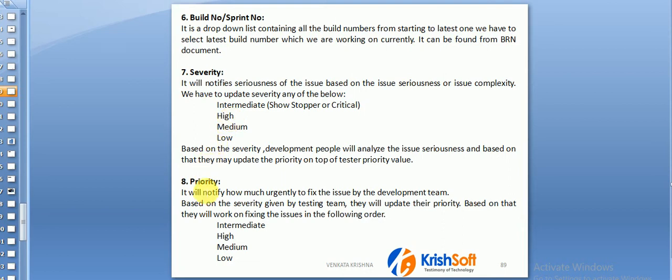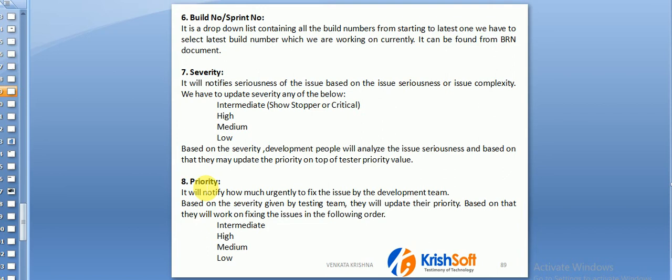Next, priority. How urgently to fix that issue? Who is fixing the issue? Development team is fixing the issue. So priority, at the time of raising the bug, we will give it, but based on the bugs the development team is having with them, they will change the priority accordingly. So based on the number of bugs they are having, they will arrange the bugs into their own priority.